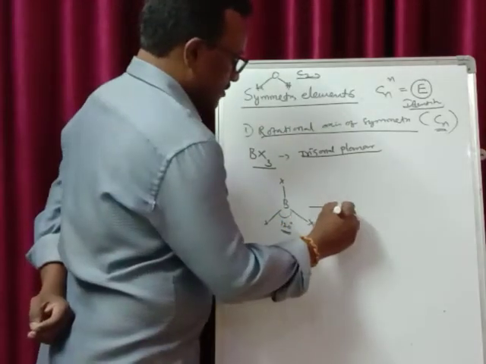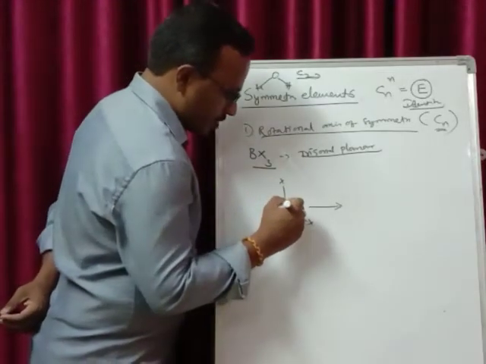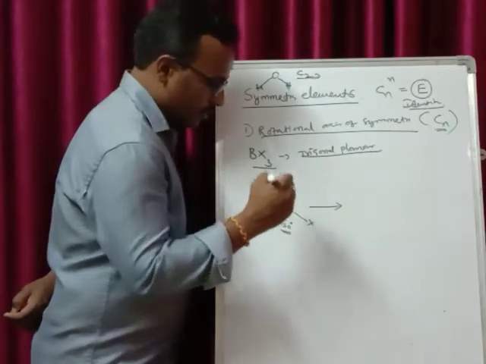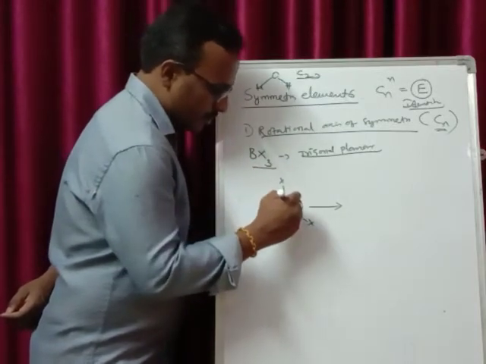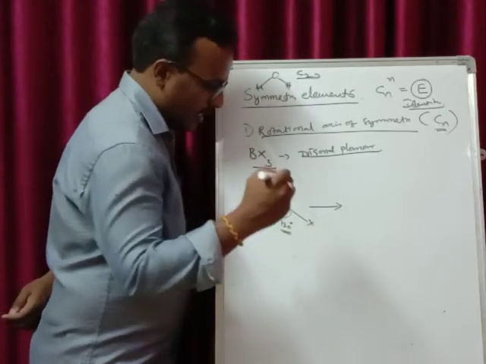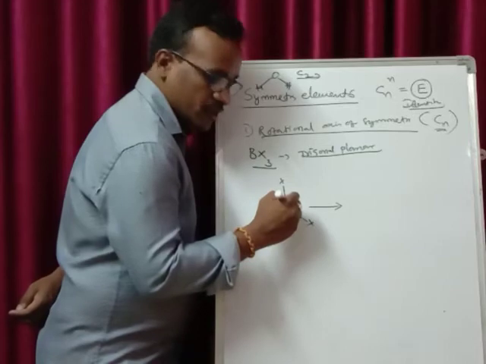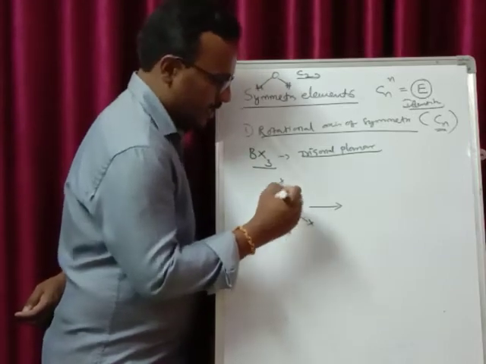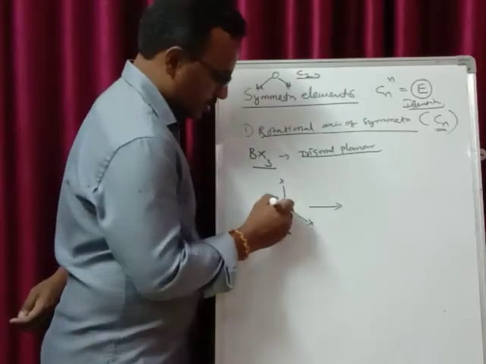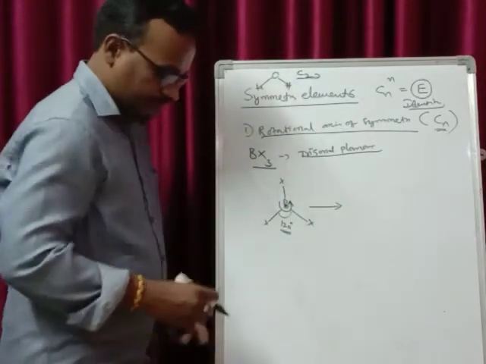Now here in this case, the axis is passing from the center of the boron. That is the position of my pen. The axis is passing along this pen, right? So the axis is passing from the center of this boron, from the board plane, from this side to the other side. And rotation is done along this particular axis, that is, along the boron atom.